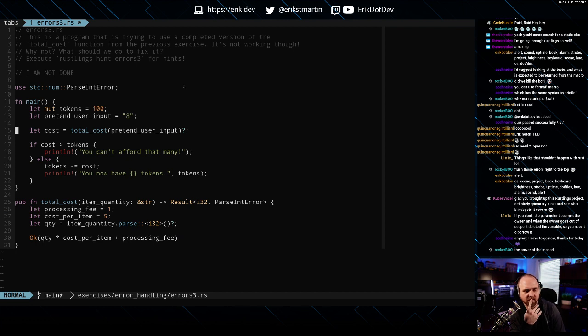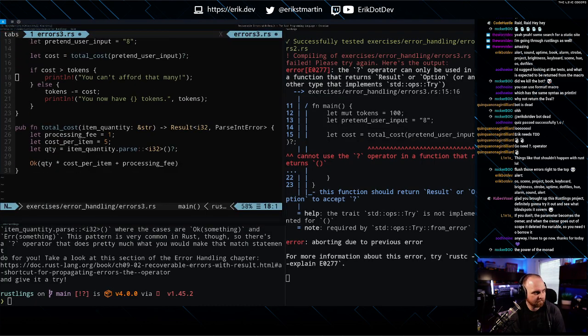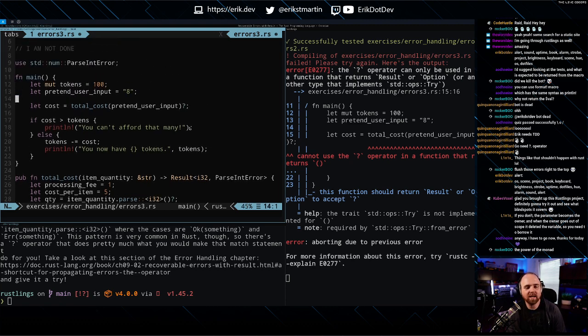This is a program that is trying to use a completed version of the total cost function from the previous exercise. It's not working though. Why not? What should we fix? It's returning a... Total cost is returning a result though. Oh, right, because main does not.